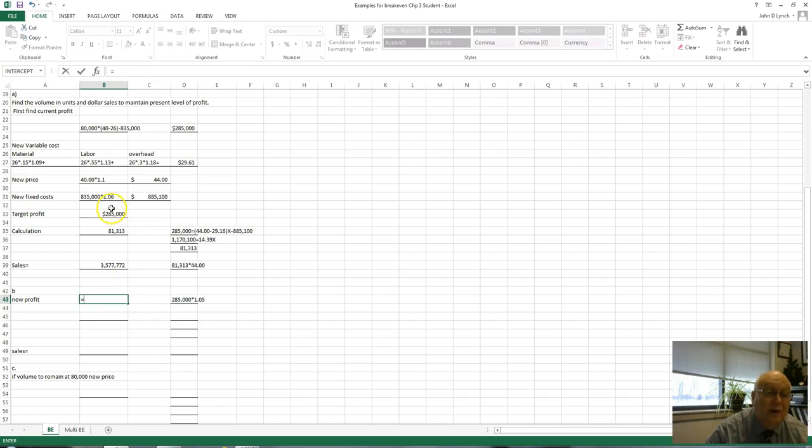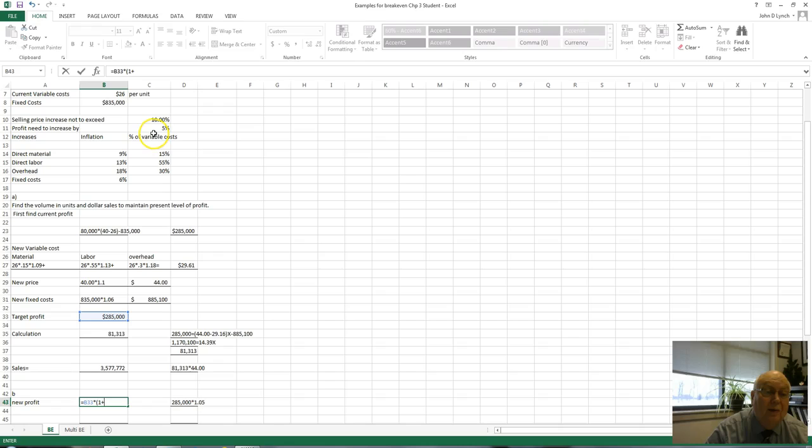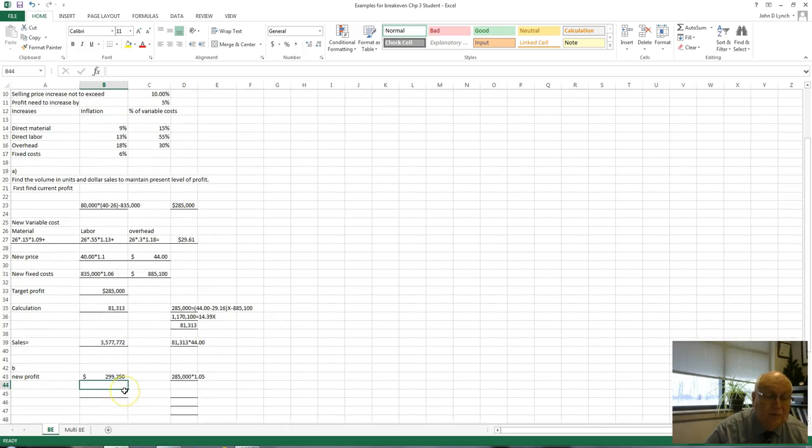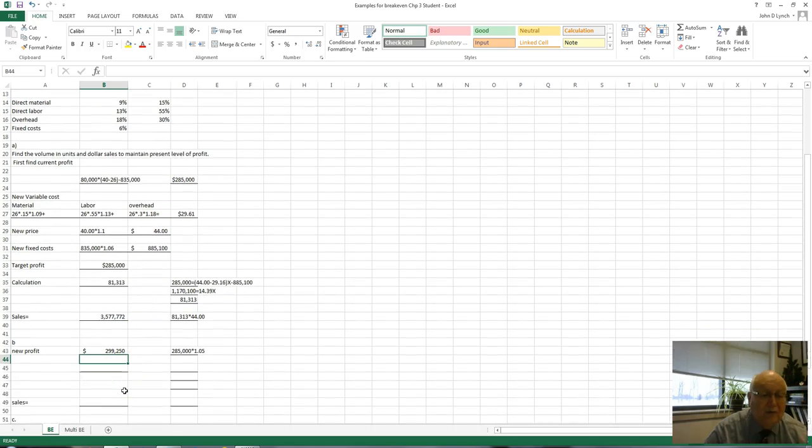So that's our equation that we would use. So over here we have our target profit times 1 plus our profit needs to increase by 5%. So that's our 299,250. That's our new target profit. So over here we go through the same process we did from up above. So we have 299,250 is equal to